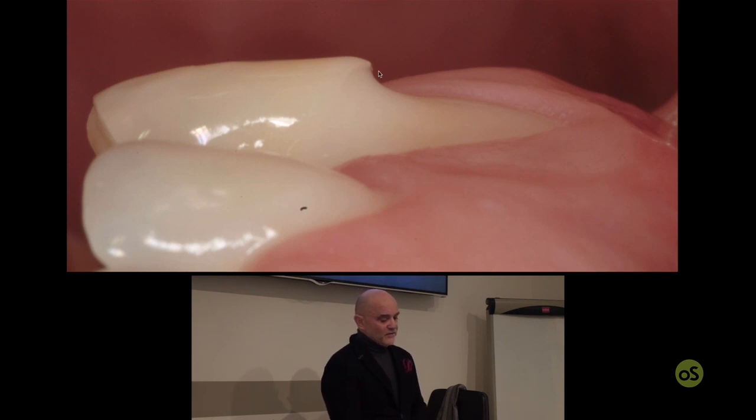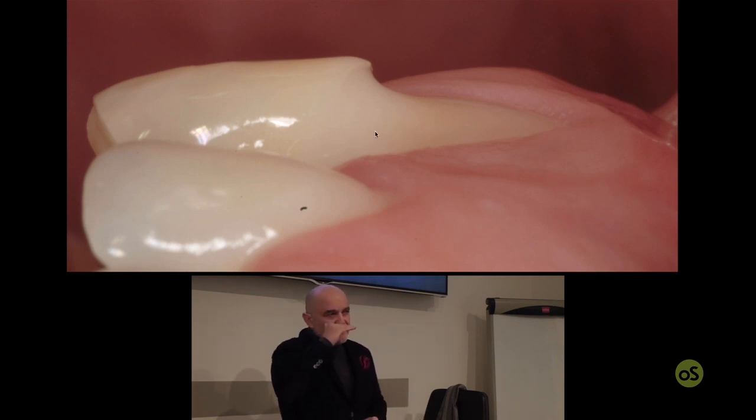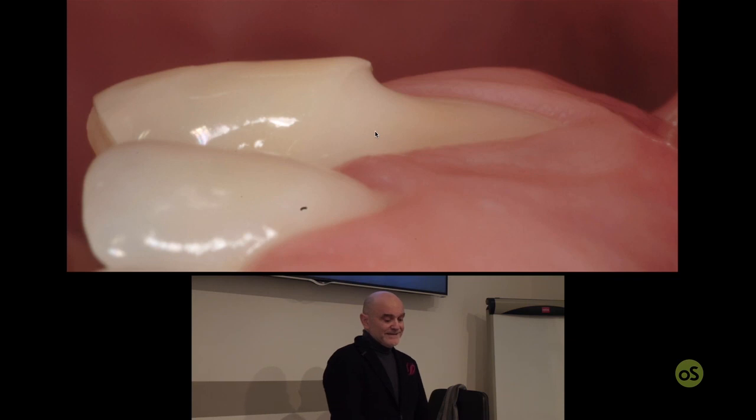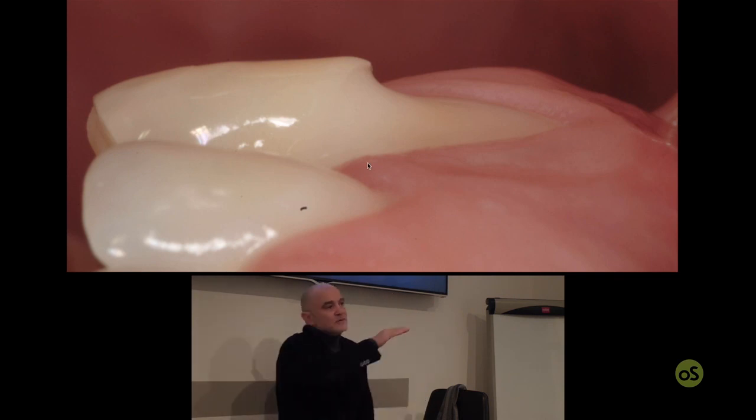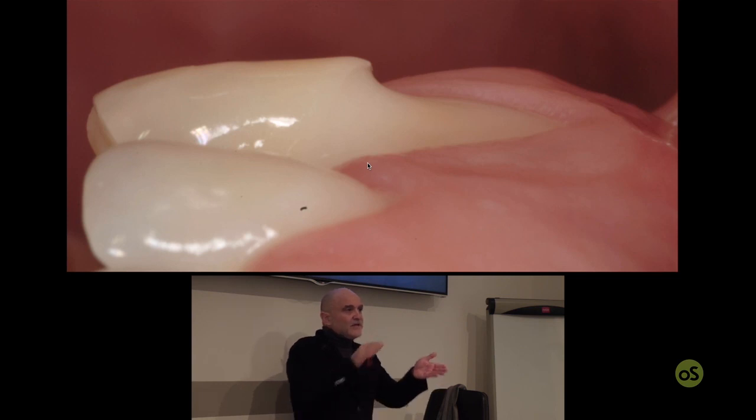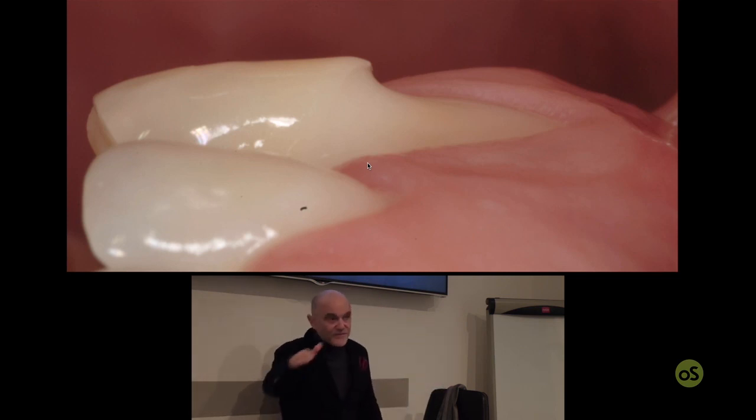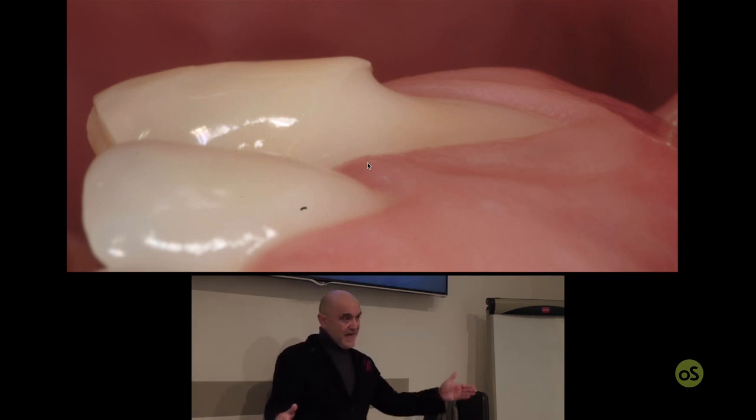Because when you look at the tooth, especially if you look at the profile of the tooth, you immediately realize if the enamel is continuous or it's interrupted. It doesn't exist a tooth whose enamel is sharply interrupted. So if you don't see the continuity of the enamel from the starting point, the cement enamel junction, to the end point, which is the incisal margin,